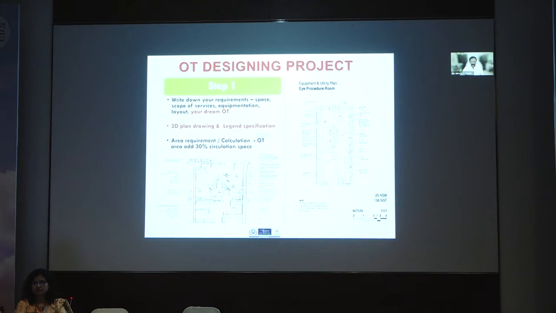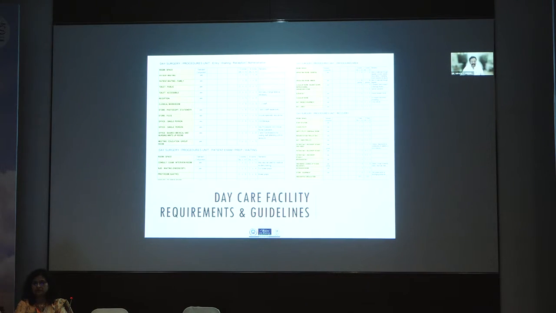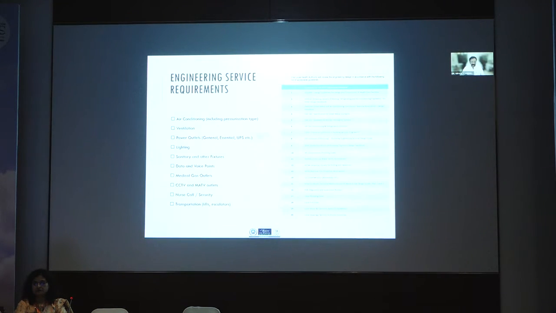So step one is write down the scope of services, the equipment needed, and the space requirement for your dream OT. The space requirements are given for the regular hospitals as well as day surgery units in the guidelines given by IPHSA. The engineering service requirements are also part of the ISHRE guidelines as well as the National Building Code. You have to focus on the air conditioning, ventilation, lighting, data and voice points, CCTV and MATV outlets, as well